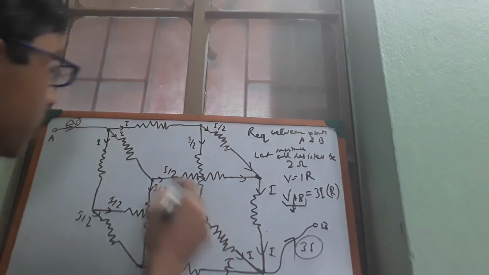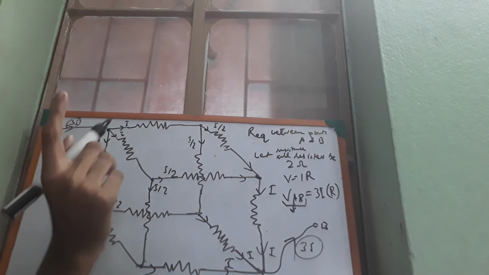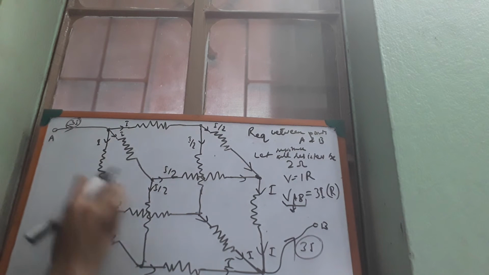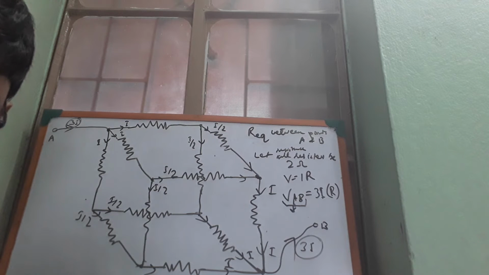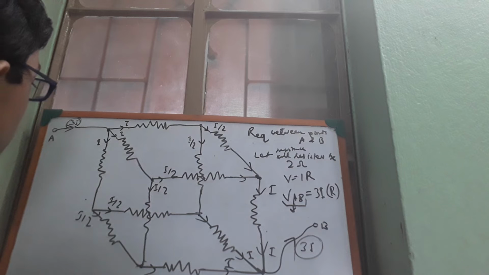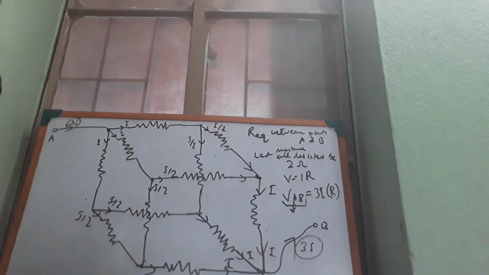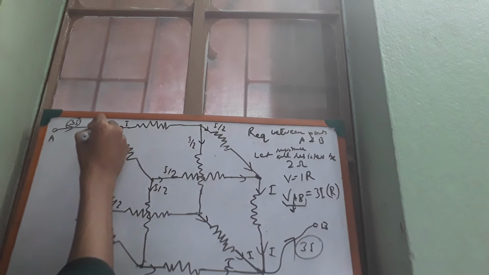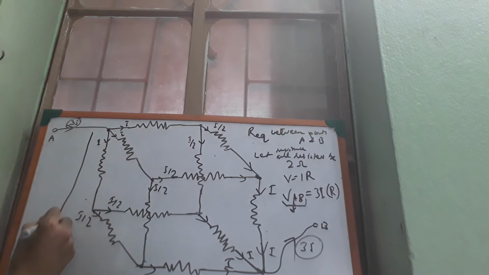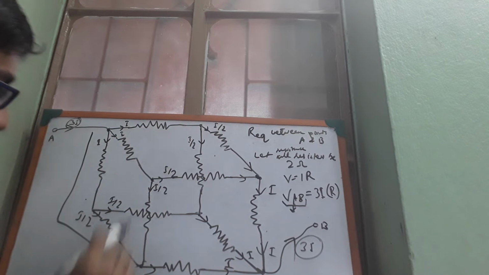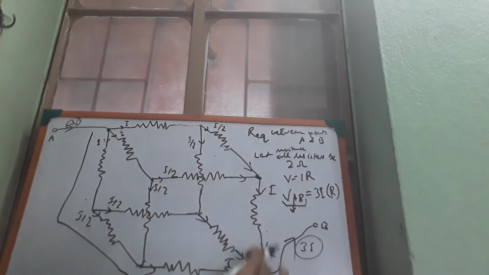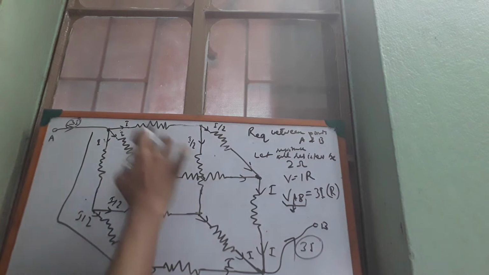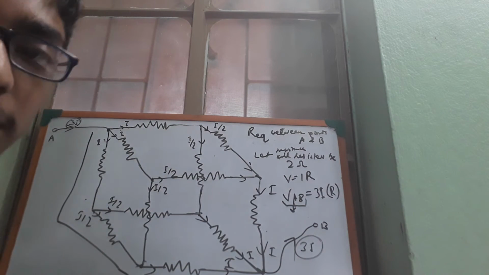So VAB can also be written as the voltage across these points. For instance, there are many paths of the current. I'm just tracing some paths. Actually, if I do it with black, it will be a bit problematic for you to understand, and I don't have any other color pen. Okay, let's do it, no problem. So one path is that, just follow me. This path, this here, and this here. One path is this. One path is this. You can understand, there are many paths.